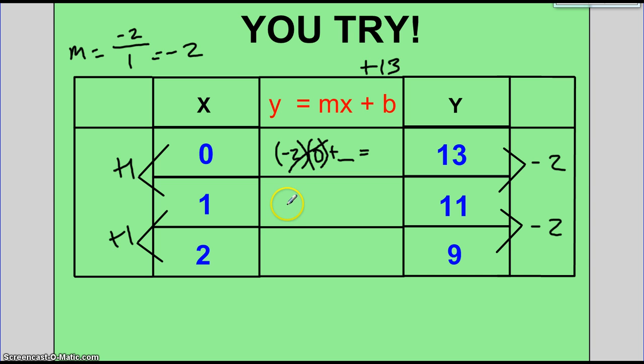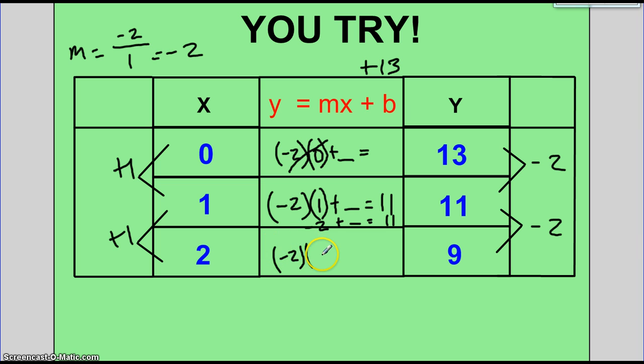So I have my slope, which is negative 2, my x, which is 1, plus something gives me 11. Negative 2 times 1 is negative 2, plus something gives me 11, and I know the something should also be 13. I'm going to take the slope, which is negative 2,